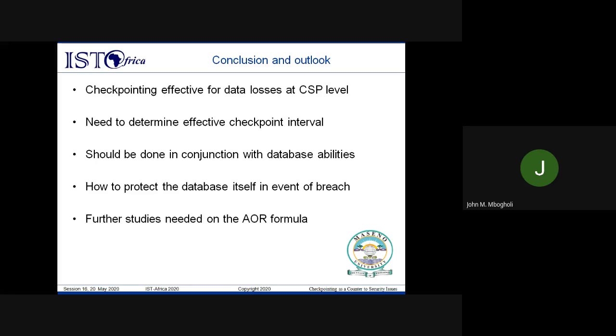with shorter checkpoint intervals. There is also the need to protect the database itself in the event of a breach, because we are talking of security issues. Thus, data loss means we have to find ways to protect the database itself. And lastly, further studies need to be done on the availability outage relationship formula that has been discussed in the paper, which relates availability to